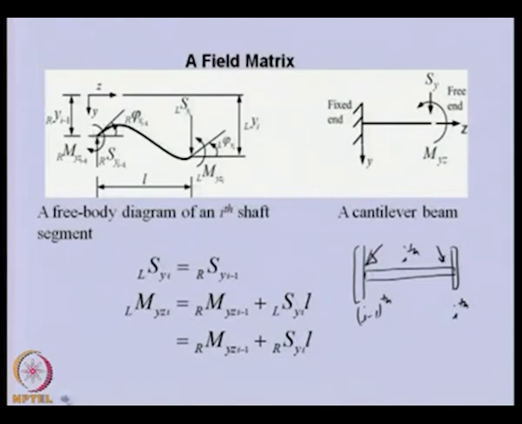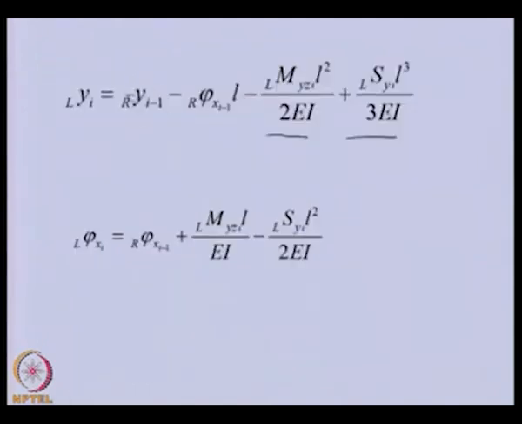So you can see that whatever the displacement of the right of I minus 1th disk is, the same linear displacement will be there. So we will put this value here, and for the slope,